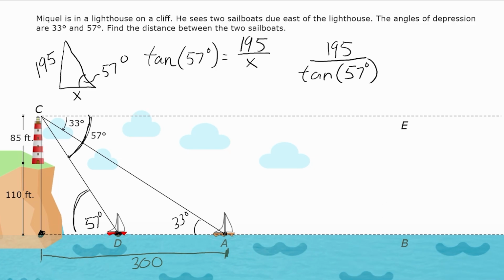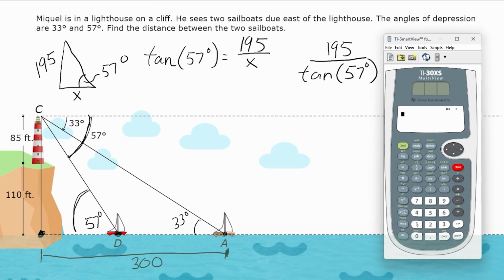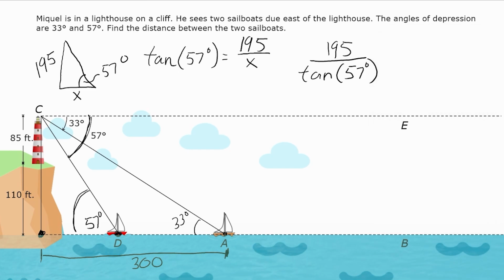So let us go ahead and put this into our calculator. So we have 195 divided by the tangent of 57 degrees, which is approximately equal to 127 feet if we round it. Because it says 0.6, we have to round this as a whole number to 127. So we're going to say that this length right here is about